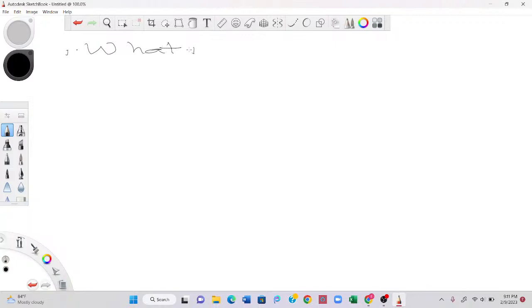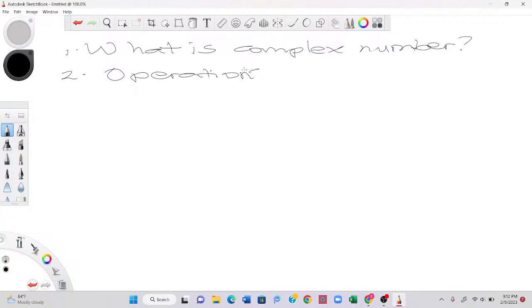Ignore the handwriting. The second part is operations on complex numbers: addition, subtraction, multiplication, and division. The third one is